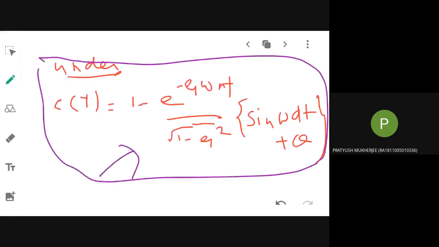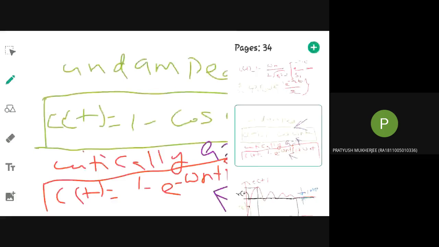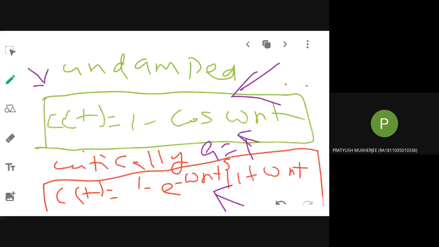Okay, what about the other systems also? Undamped and critically damped, you have made a note. Sin(omega d t plus theta): is that one in multiplication, or is it in the denominator? No, omega d is in the subscript. Omega d t product, plus theta. Okay, have you noted down these two equations also? For undamped and critically damped also you make a note.